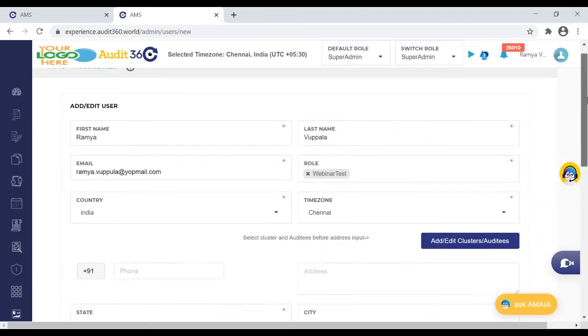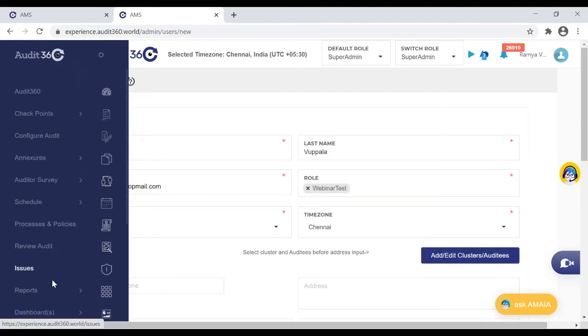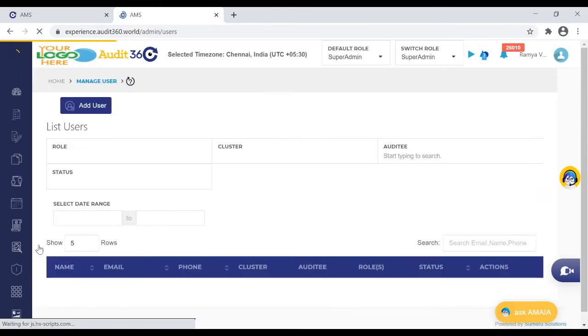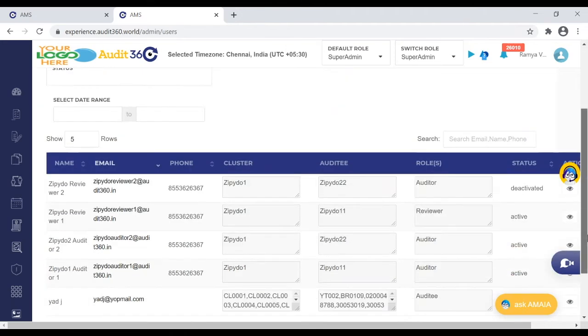So you can add the user and also give a cluster mapping using the new button here. If you would want to edit these users, you can just go to any of the existing auditors or users we have.